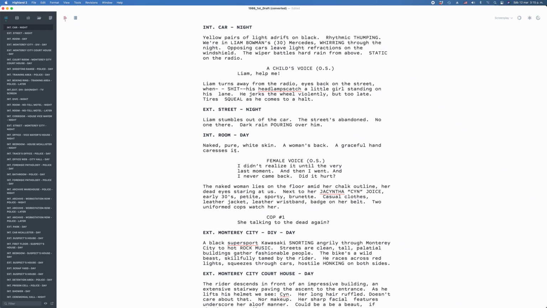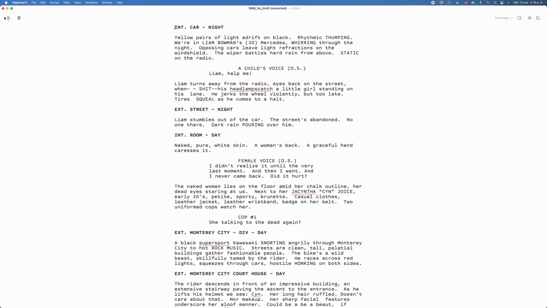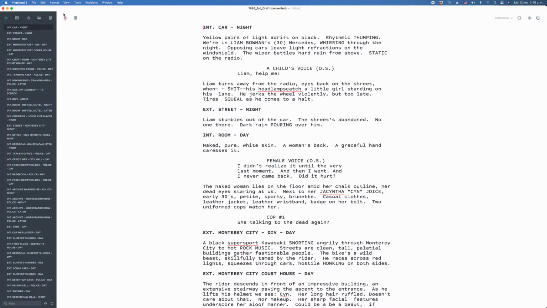In this video, we're going to have a look at the Highland Navigator. The Navigator is in the sidebar on the left of the screen, and to get to it, you just click on the leftmost icon at the top of the sidebar. You can also hide or show it by pressing the keys Command+1 on the keyboard, or by going to View,